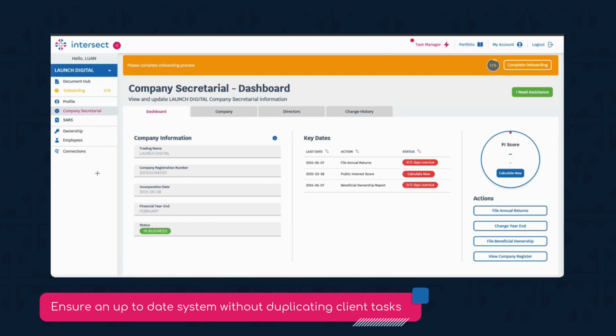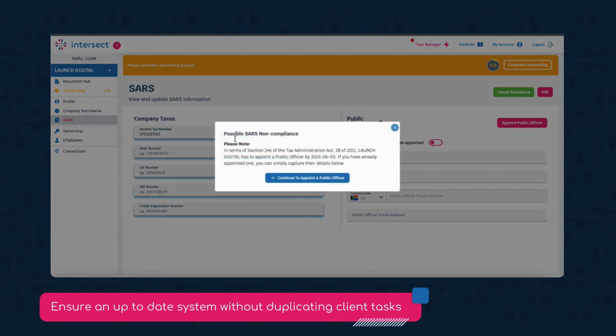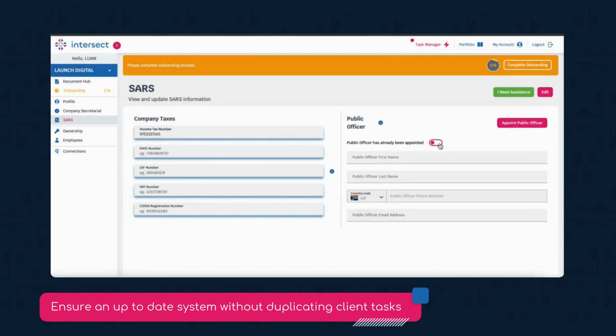So the way that we manage that with regards to our public officer appointments is we alert the user to possible non-compliance, and this is possible because you can see in the background that there's no public officer data loaded yet. However, that doesn't mean that you are non-compliant. You could be sitting on all of that information on your file server, it's just not populated onto the Intersect system yet. And the way that you would go about that is you would simply toggle the button that says